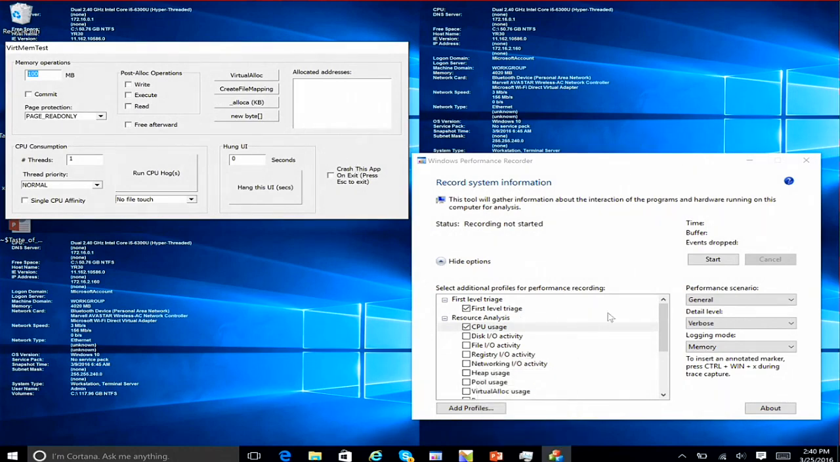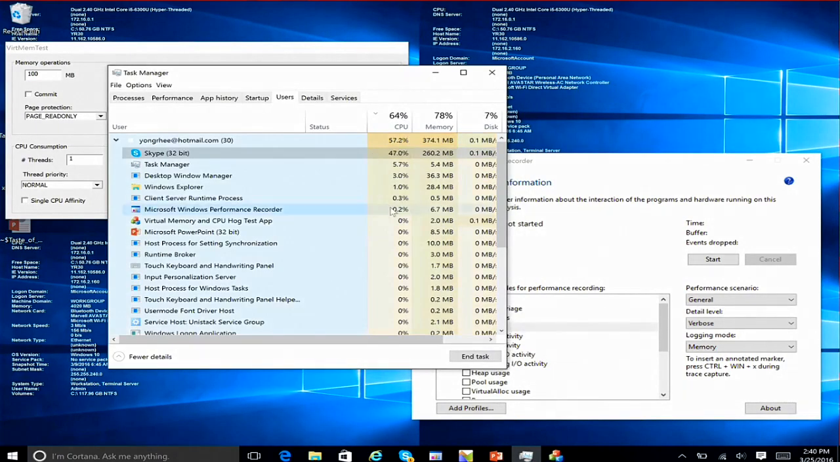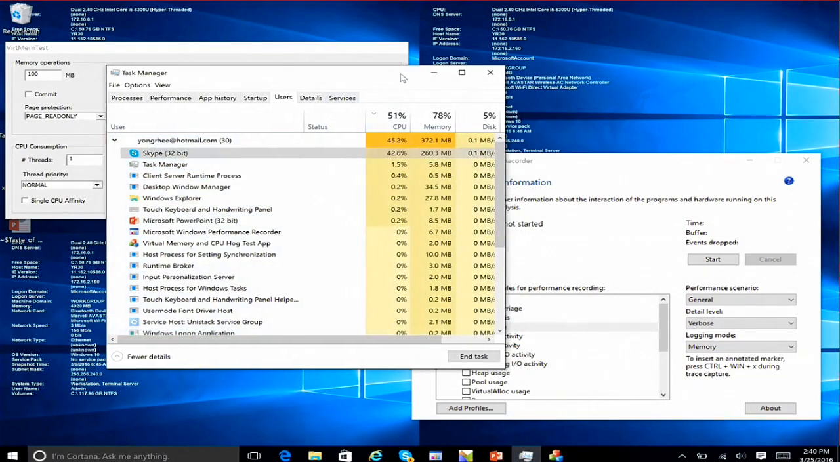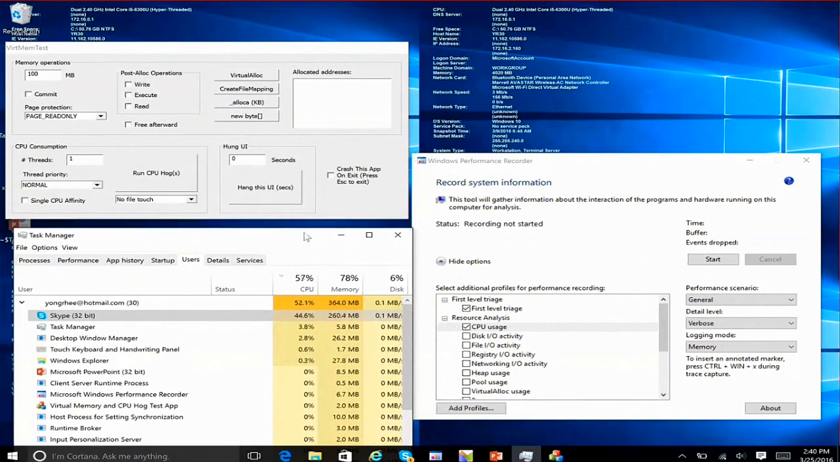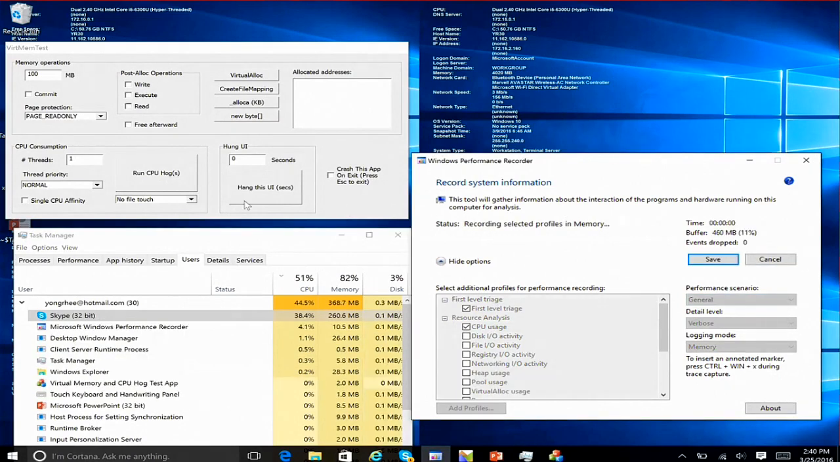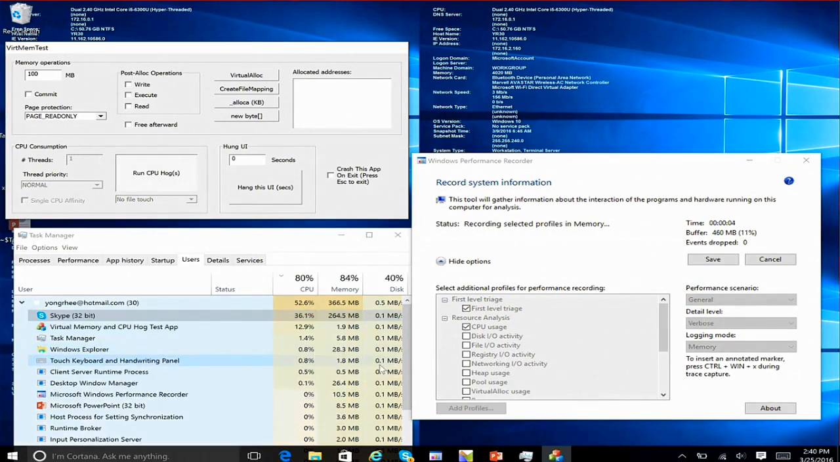All right. So let's go ahead and bring up Task Manager. And you can see we already have some CPU utilization on the system. We're just going to add a little bit more by adding a thread to go ahead and utilize CPU. I'm going to go ahead and click on Start. I'm going to click on Run CPU Hog, and we're collecting data right now. You can see that